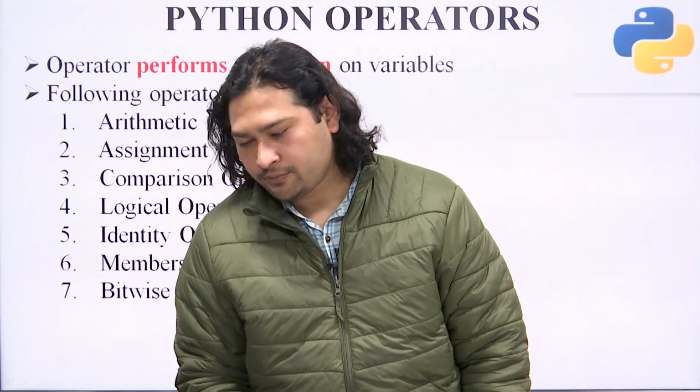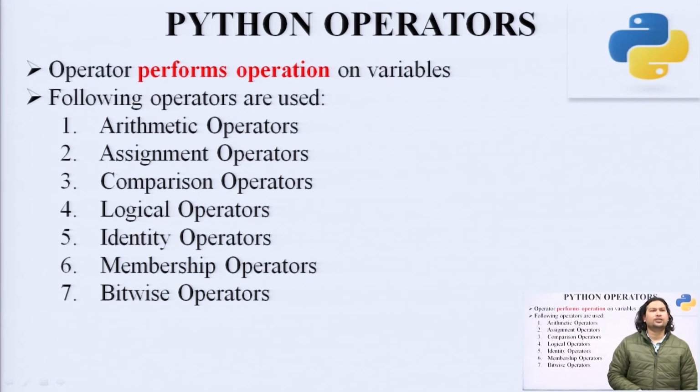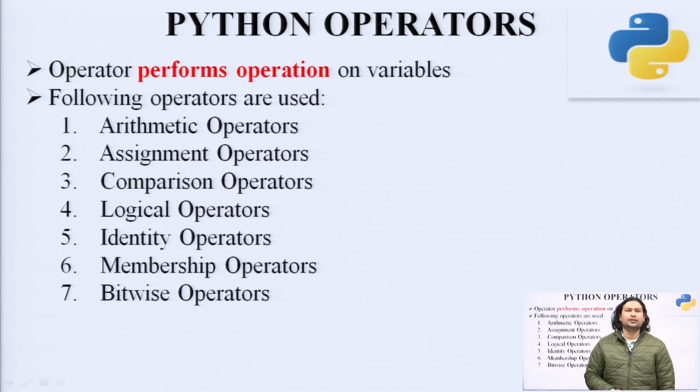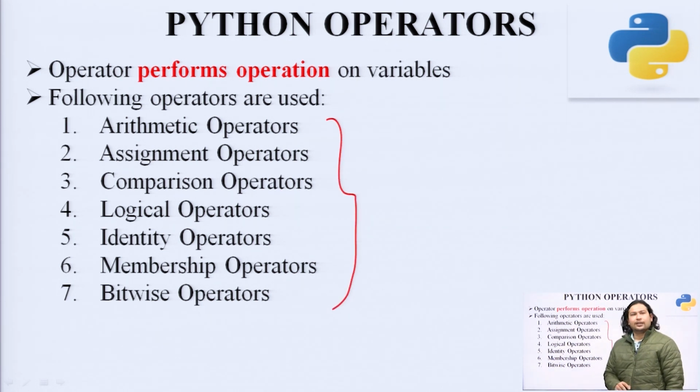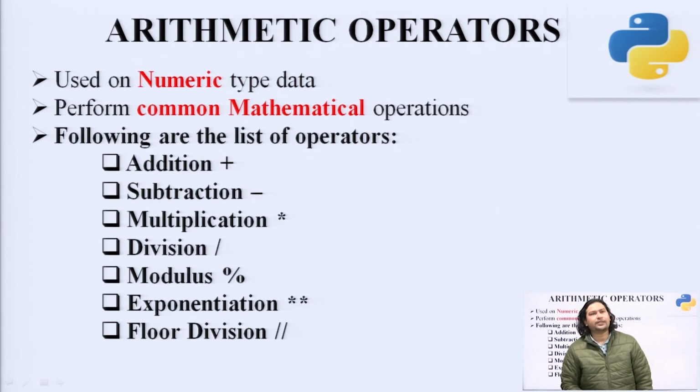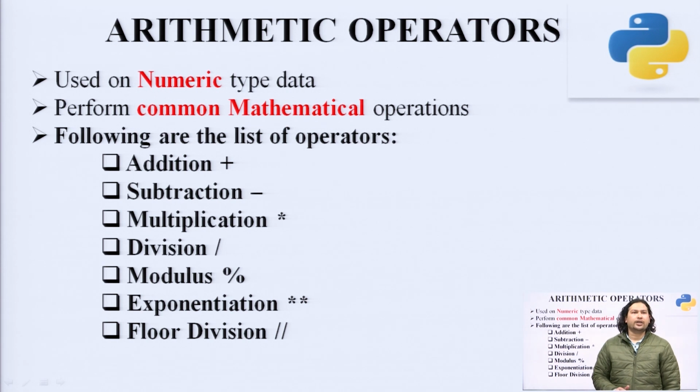Students, today we are talking about Python operators, that is the fifth one. So, we are starting with the Python operators, and in numbers those are 7. You can see the list of the 7. These all 7 operators are considered as the operators in Python. The first one is the arithmetic operator, the next ones are assignment, comparison, logical, identity, membership, and the last one is bitwise operators. We are starting with the first one, that is the arithmetic operators.